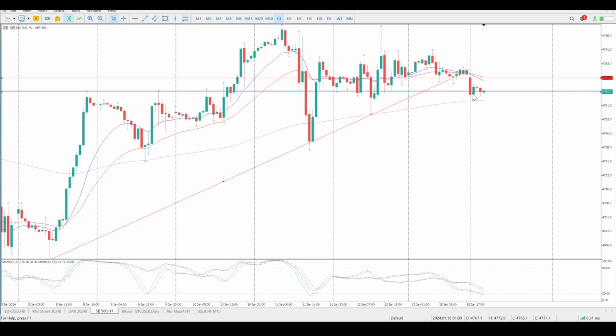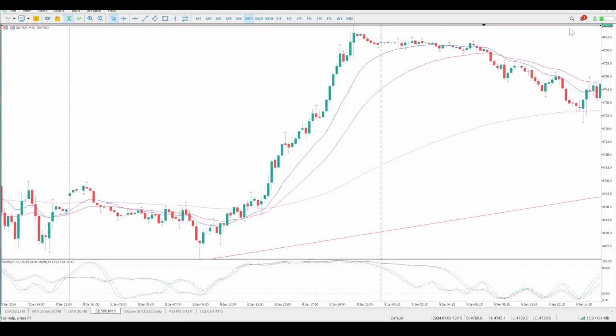I kind of like the way that it is closed on the hour below this level. Remember, that to me basically indicates that we are going to have a second attempt at this. So it could be a case of second or third time unlucky, or third time lucky, depends which way you're looking at it. But we don't want to just jump in short here. We want to find a rejection zone higher up, and it is quite a wide zone. It is between 47.73 and 47.76. So 15 minute will tell us exactly where to get in,